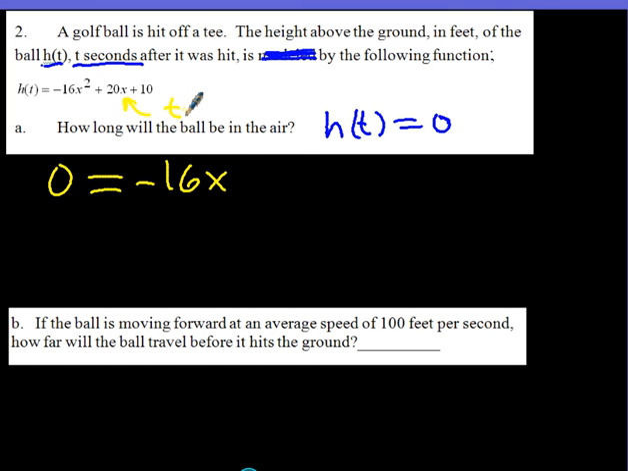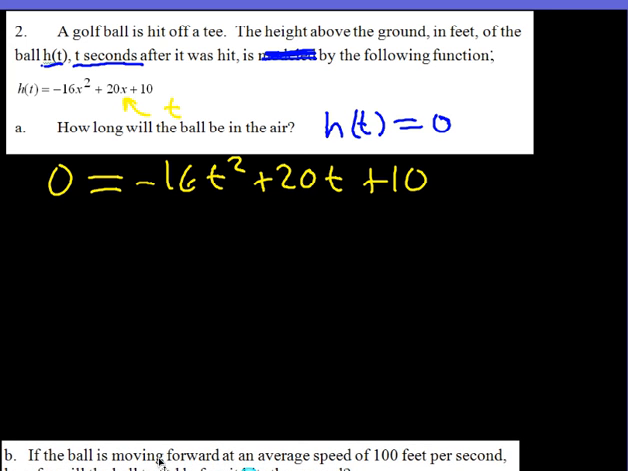Squared plus 20. In fact, let's just go ahead and make that a T, since that's what I say in the words. Negative 16 T squared plus 20T plus 10. I'm not even going to consider factoring this. I think it's highly unlikely that the ball is going to be in the air and land in an integer amount of time. Sometimes that happens, but usually it's because the person designed the question to move that way. So, quadratic